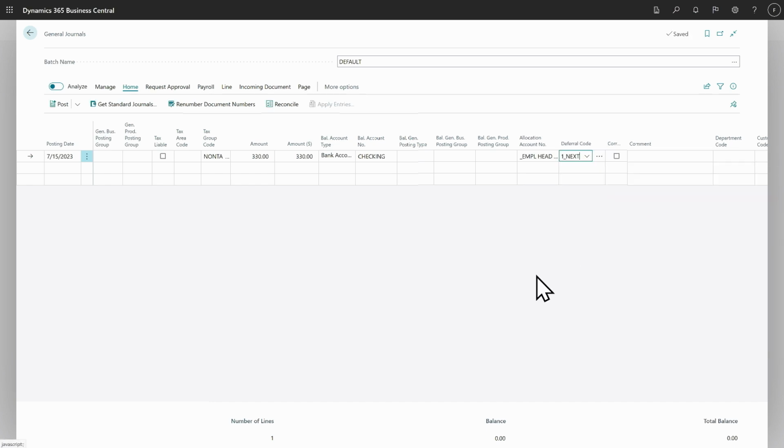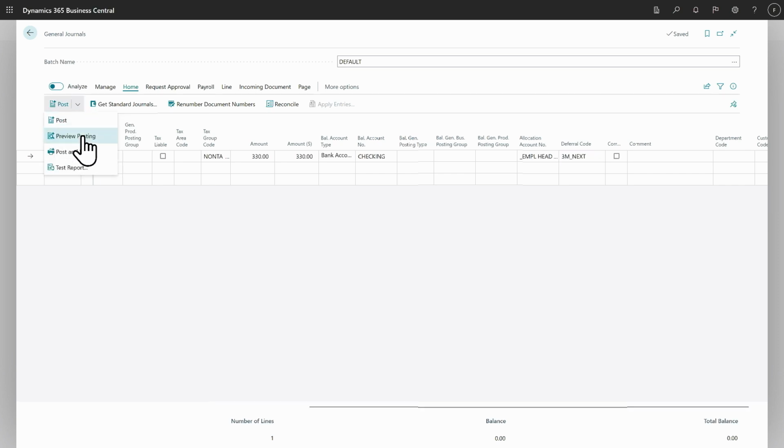As you can see, if I pick deferrals, I've set up a deferral that will split it into 3 periods, the next 3 periods. In this case, it will be August, September, and October, because I'm posting in July. If I do this, just to see that it works,